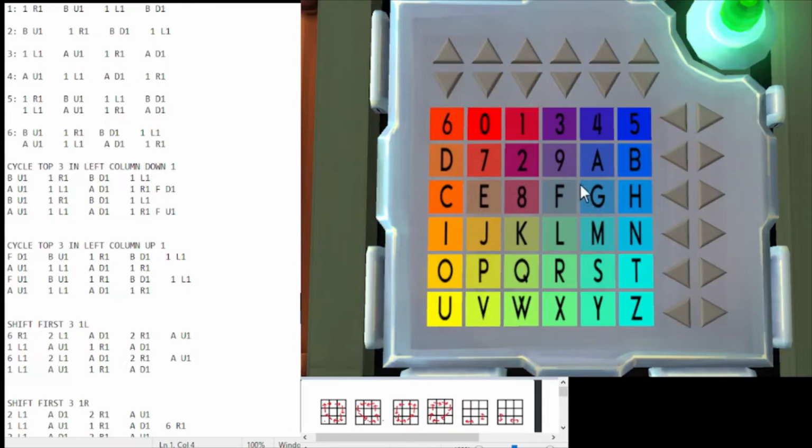So let's see what happened when we did this series of moves. First off, notice most of the grid hasn't changed. 3, 4, 5, 9, A, B, and then F all the way through Z, all of these are exactly the same as they were before, right? They're in their correct positions. The only thing that moved around were things in this upper 3x3 grid, and if you'll notice, even within this grid, the C and the 7 are still where they're supposed to be. It's just the 0, 1, and 2, then 8, E, D, 6, those have all moved clockwise